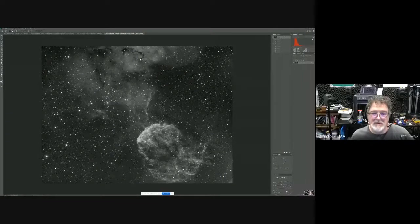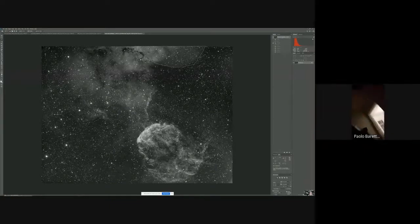Okay, so this image, this is just the HA stack. It's not a finished image. And you see here, up at the top, there's a bright star that's just outside of the crop, but I didn't want to crop out this nebulosity. And then there's also one just outside the bottom here. It's a little harder to see, and so I was trying to figure out how to deal with that, and I came up with something that works pretty good, and it's pretty simple, and it's a variation of selection modifications that I was taught to do by somebody on the internet. I have no idea who, but what I ended up doing was just drawing a line around the transition, making a selection here, and then